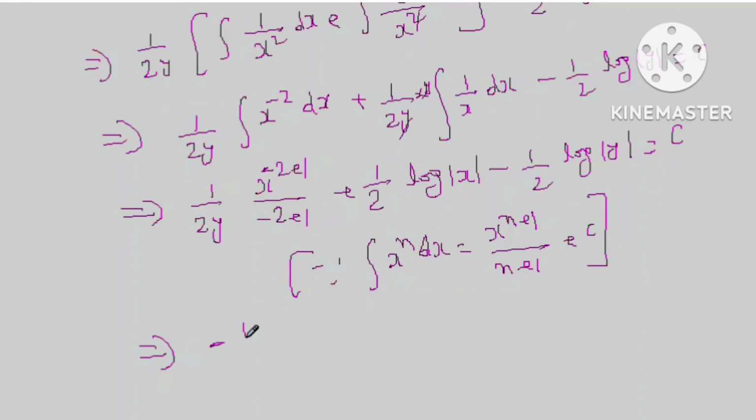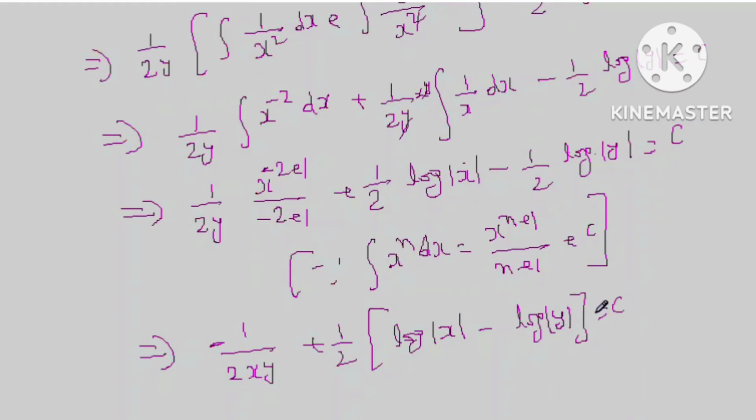So minus 1 by 2, and this is x to the power of minus 1, so we can write it as 1 by x, so 2xy, we can write it as minus 1 by 2xy plus 1 by 2, we can take common in both of these terms, log mod x minus log y